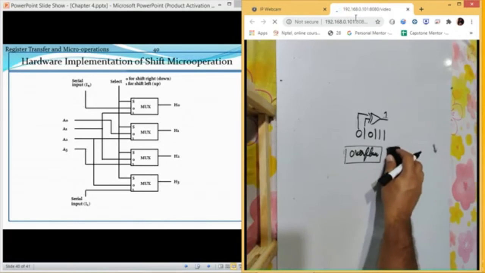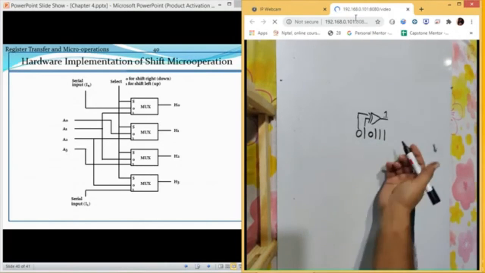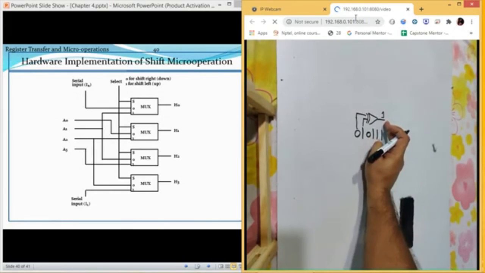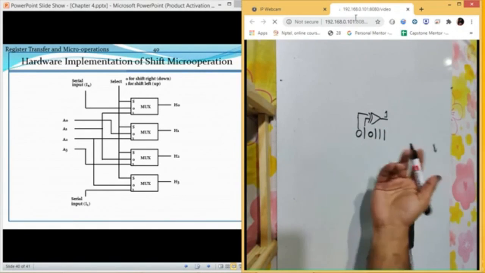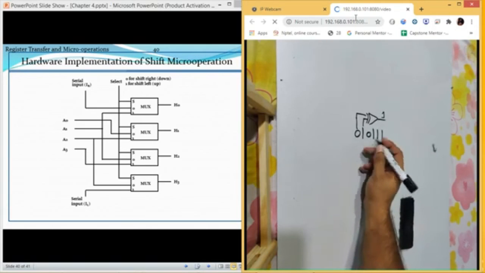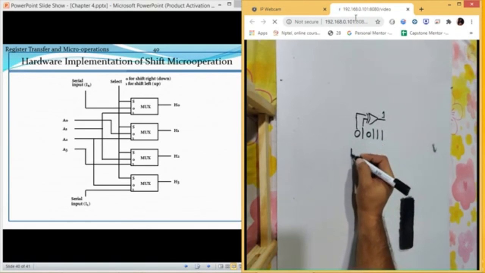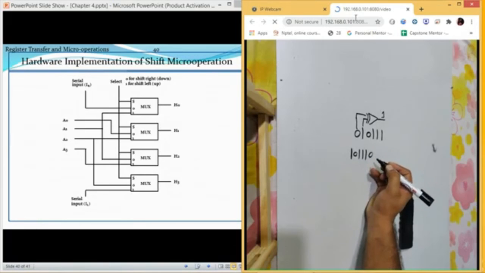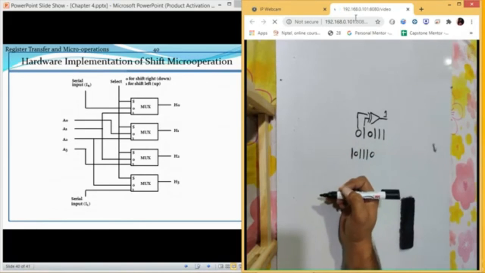So let us take this example in the same form again. Even if this is an overflow and we still shift it, how is it going to perform the task? This will become 1, this will be 0, then 1, 1, 1, 0, and the sign bit has already changed.